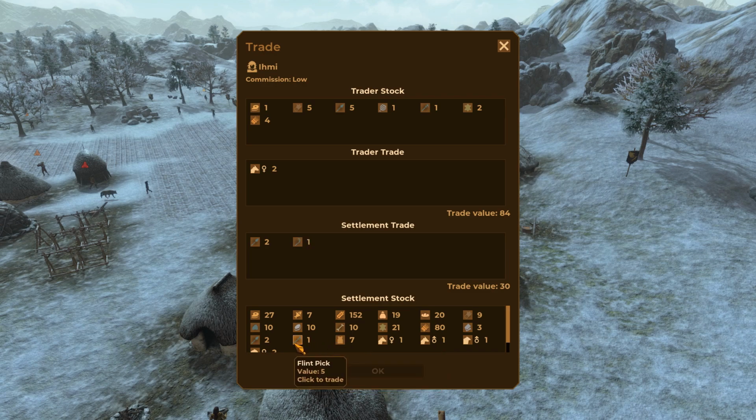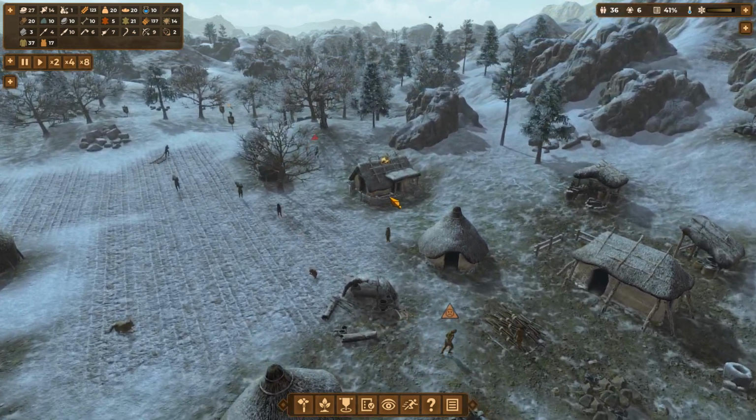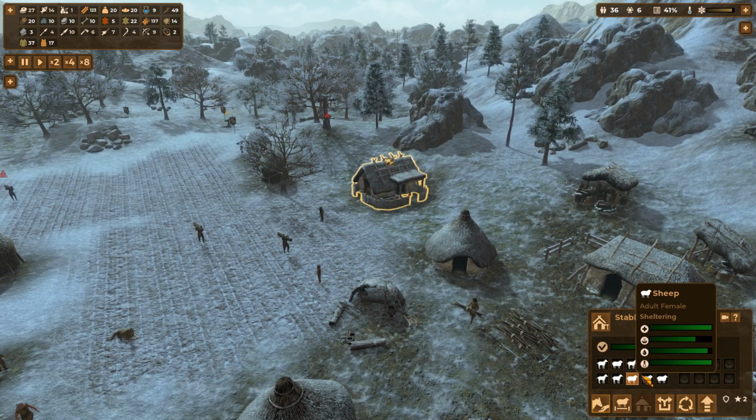Let's have a look. Flint sickle, flint pick, flint spears. Yeah, we need to work up to 84. Cured meat we need to keep for ourselves. We have a bunch of grain. We could sell some grain. Should be no problem. There doesn't seem to be a shift click to trade multiple. Right, I see. That's a bit too much. Alright, so 84 against 84. Let's trade. And off they go. That gives us 2 more female goats. We have 1 male goat, so